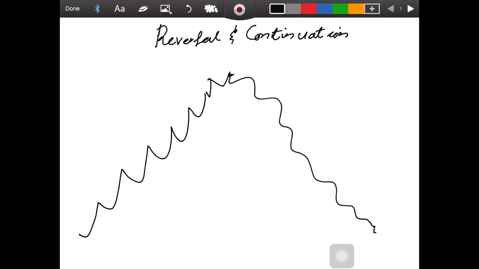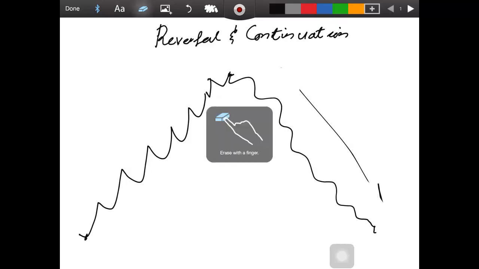Okay, now reversals don't happen all the time, and so it requires a lot of patience, and a lot of doing your analysis and waiting for the right time to enter that trade for the big move down. Okay, so a reversal pattern usually happens at the top of a previous trend. Okay, some examples of reversal patterns are,